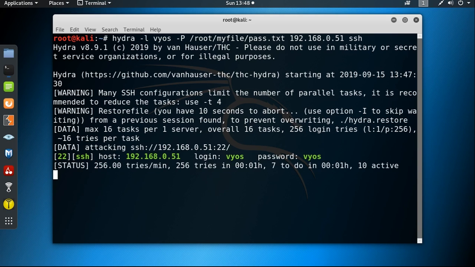Okay, we got the user ID. The login name is VIOS and the password is also VIOS. So we got the password VIOS.